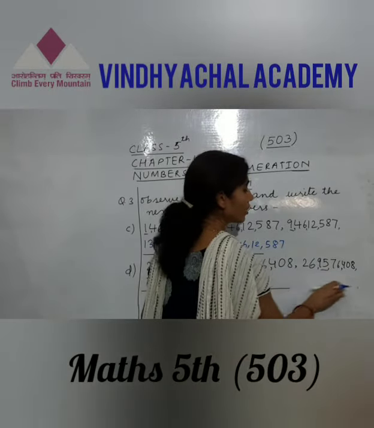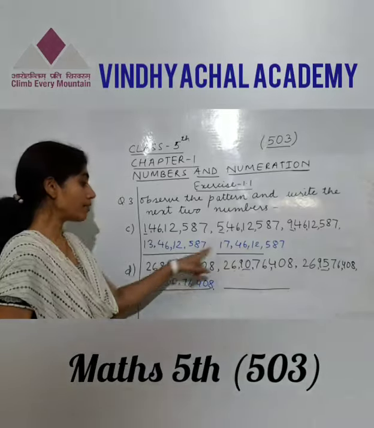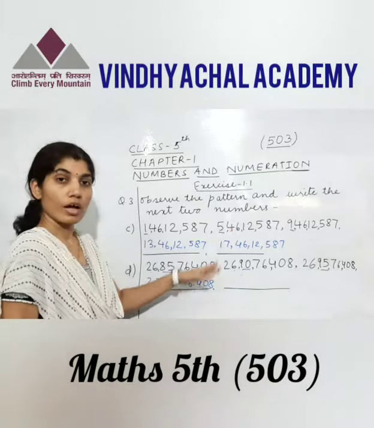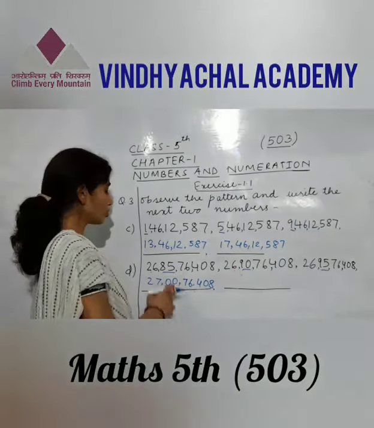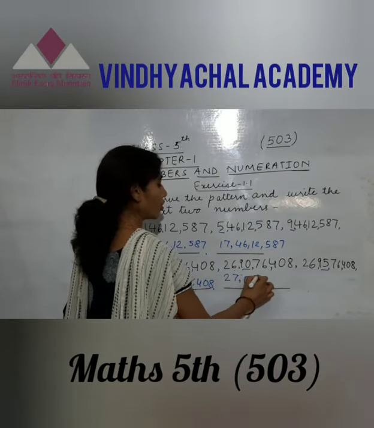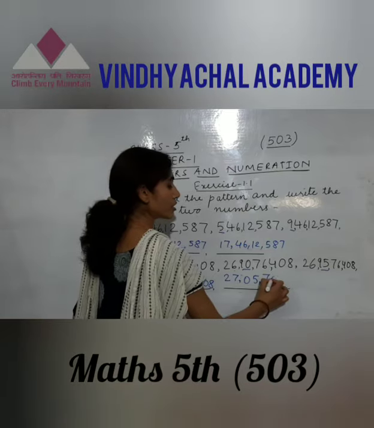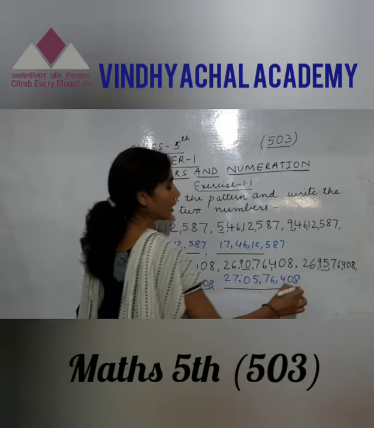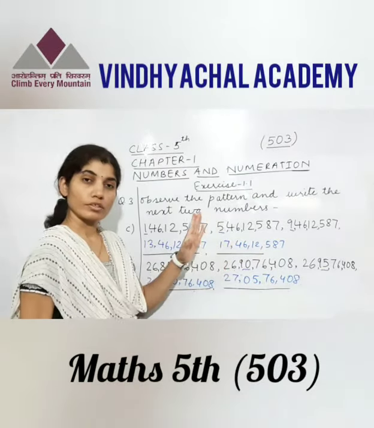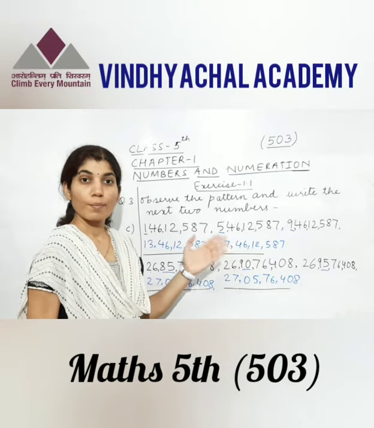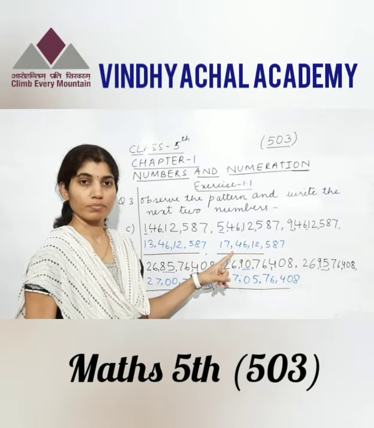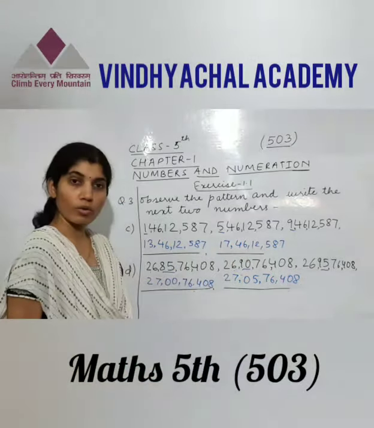Now this number we have got. Now to get the next number, again we will add 5 lakh. This is 27 crore 76,408. Again if you add 5 lakh here, then to this place 5 will be added. So it will become 27 crore 5 lakh 76,408. Understood? If such large numbers are there, some students, as I told, can do it directly. But if any doubt is there, then you should add in the rough column and you can check it one time. Okay? So this is how to do the skip counting.